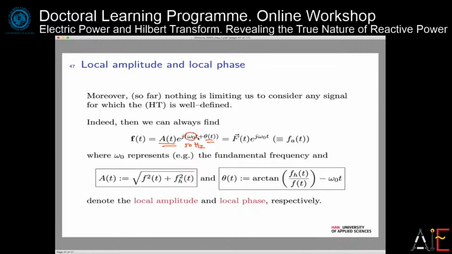You can also leave it out and then model everything in the amplitude and in this. But for power systems analysis, it can be worthwhile to keep track of this omega naught of your fundamental energy